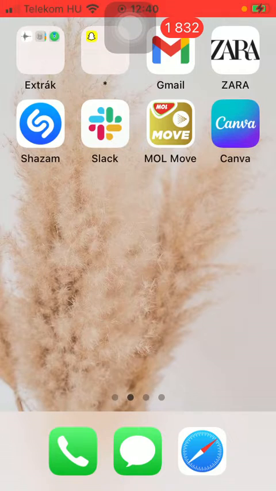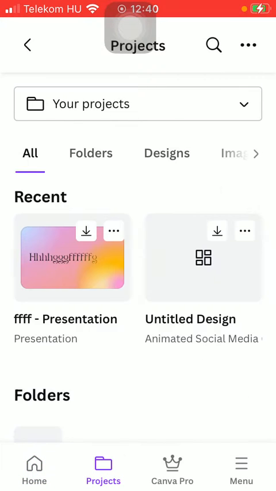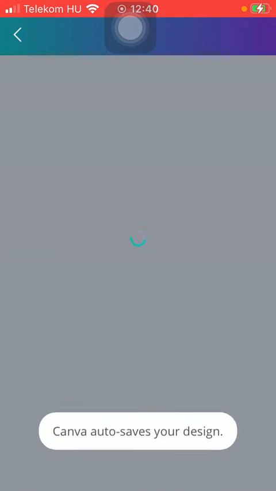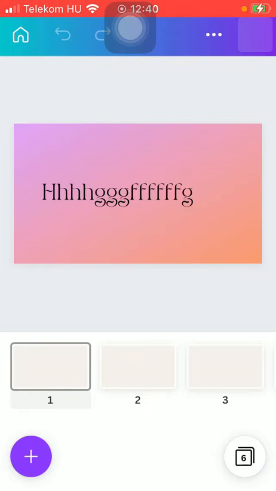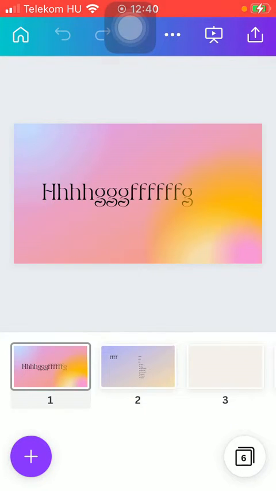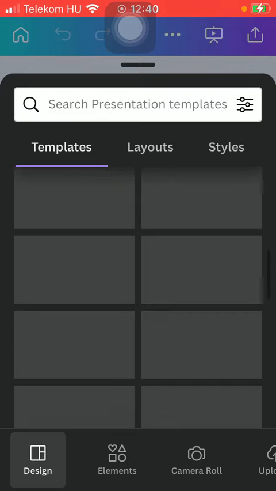First of all, open the application on your phone. After that you should select the project that you have created, tap on it. And after that you should click on the plus icon down below in the left side corner of the screen, tap on design and then click on templates at the top, and here you can find a bunch of available